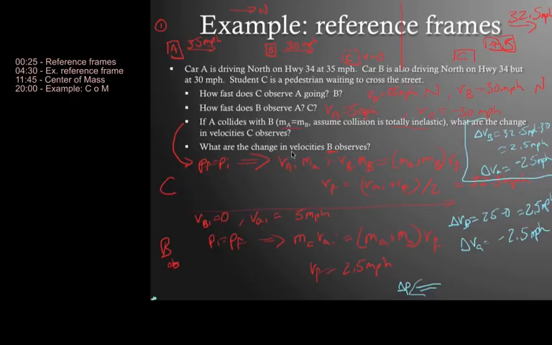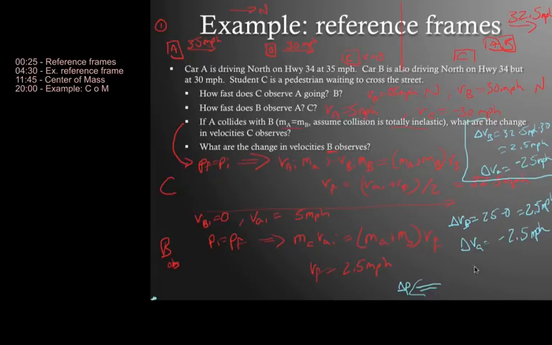When you observe something from different reference frames, like either a rest frame or a moving frame, the collision may look different. In one case, you had one car moving at 30 miles an hour. In another case, a car is only moving at 2.5 miles an hour. It may look different, but the physics of what's going on will remain the same, regardless of which reference frame we're in.